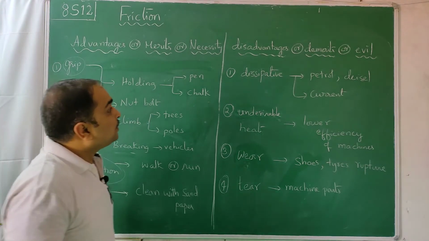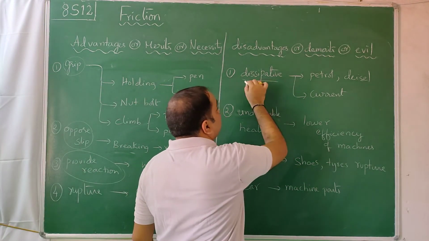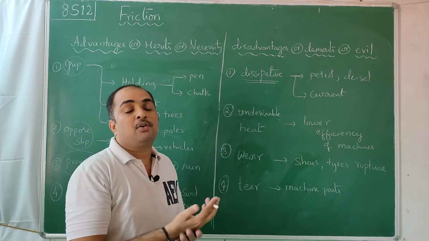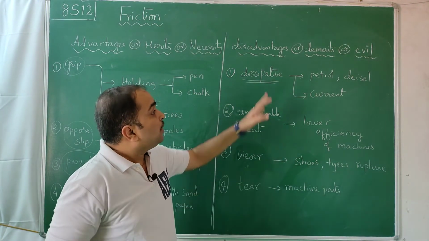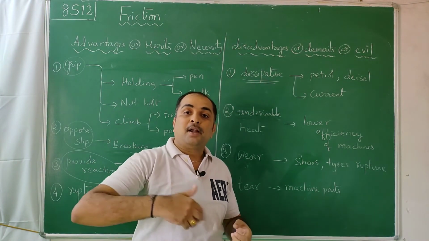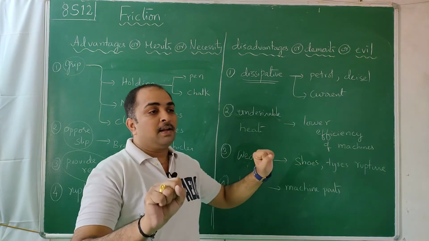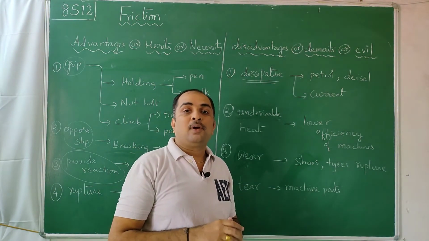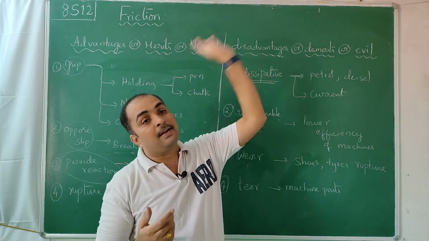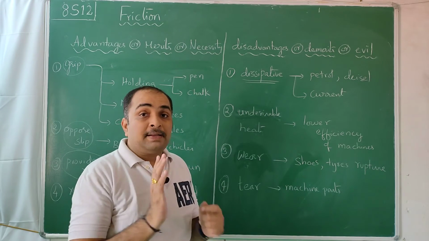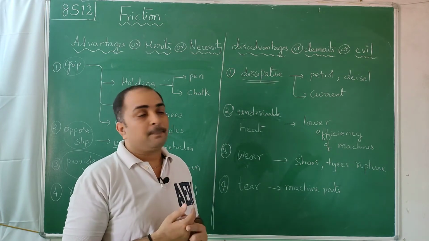Similarly, any energy that goes from motion into another form, we call dissipative energy. Motion is lost and goes into some other form, so we call it dissipative. Petrol, diesel, current, we use all of these only for the continuation of motion. For example, once you start a vehicle and it is going at 40 kmph, fuel is actually not required. If friction is not there, it goes forever. But petrol is consumed every time to maintain that speed, because there is friction.